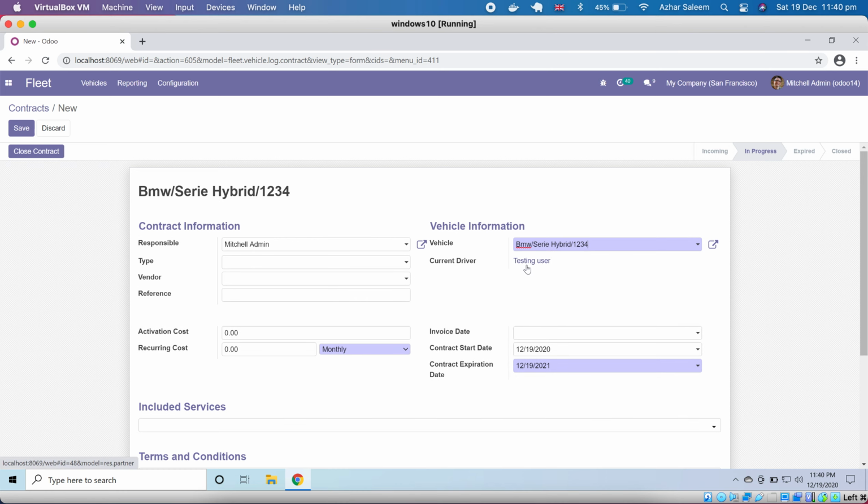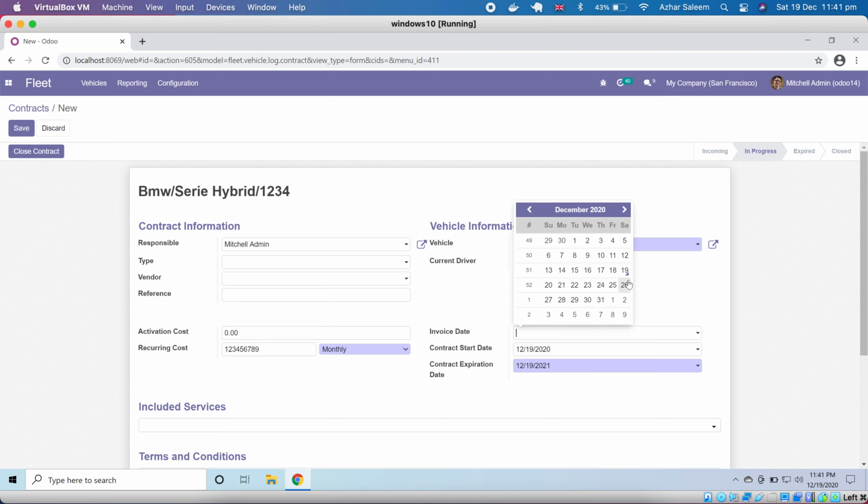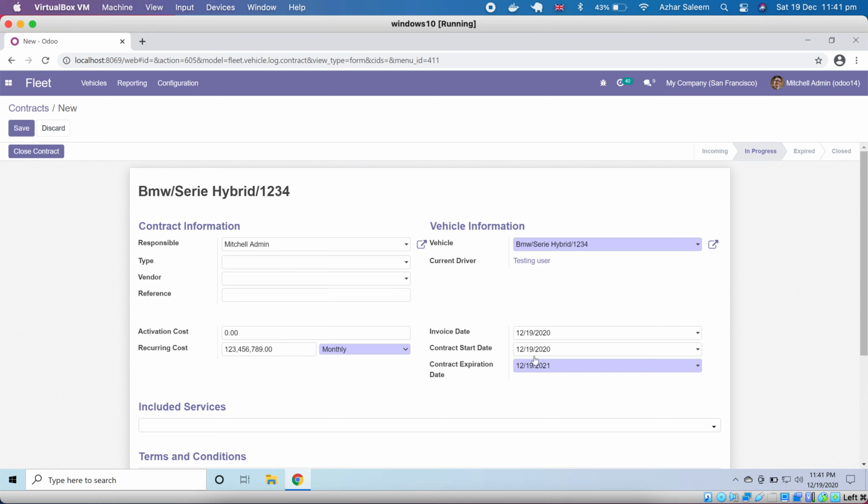which we choose as our driver, and here we have to choose a type, it's a leasing, repairing, or whatever. Vendor reference, and activation cost, and recurring cost is here. I'm typing 123. Some monthly cost and invoicing date. I'm entering here today's date, and the contract starts from today. Contract will expire on, let's say we're choosing here